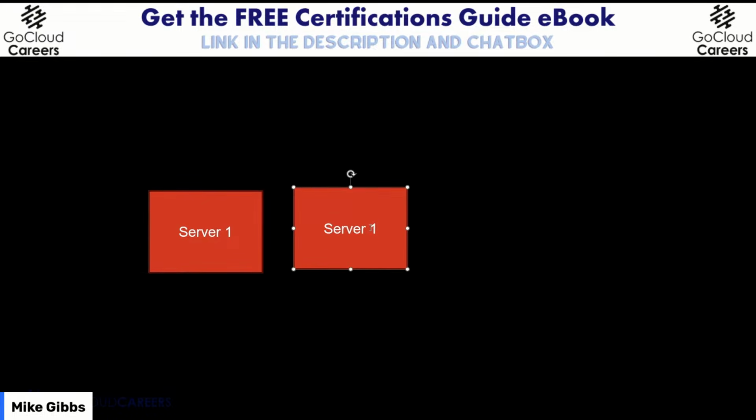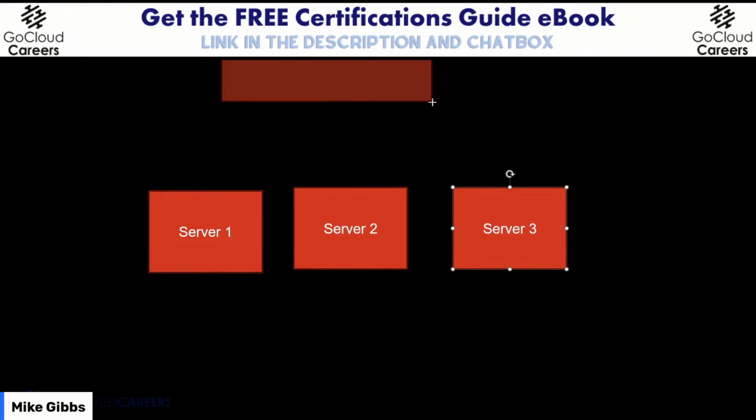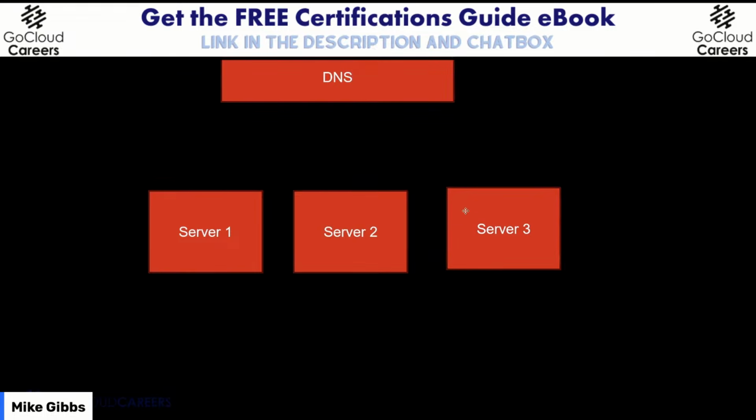Let's say this is server 1. We'll make a couple of servers here. Server 2. Server 3. And this could be a router doing a health check, a load balancer doing a health check, DNS doing a health check. So in this particular environment, let's say it's going to be DNS. I don't care whether it's DNS or a load balancer. They all do the same thing. Now, let's say these are all 3 web servers that we want to use. We got 3 of them right now.